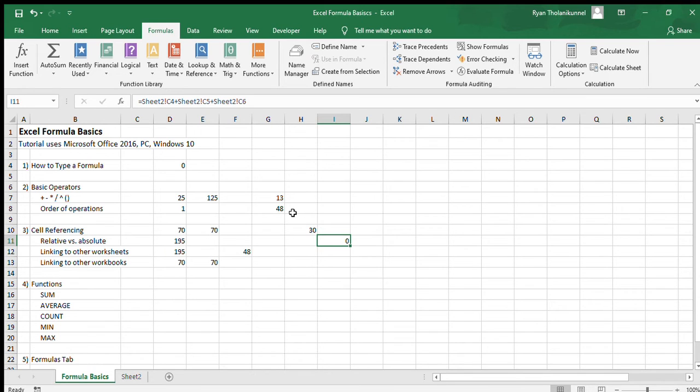One other note about cell referencing: you can actually make references to other workbooks. So these are other Excel files that happen to be on your computer. You would set that up the exact same way you do these links to other worksheets. So you press an equals, and then you pull up the other workbook that you want to reference. You click on the cell, and you press your Enter key, and you will have a link to that cell